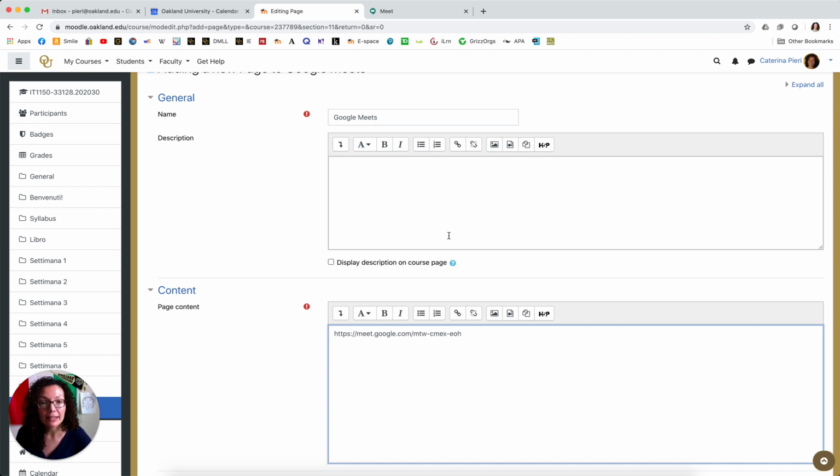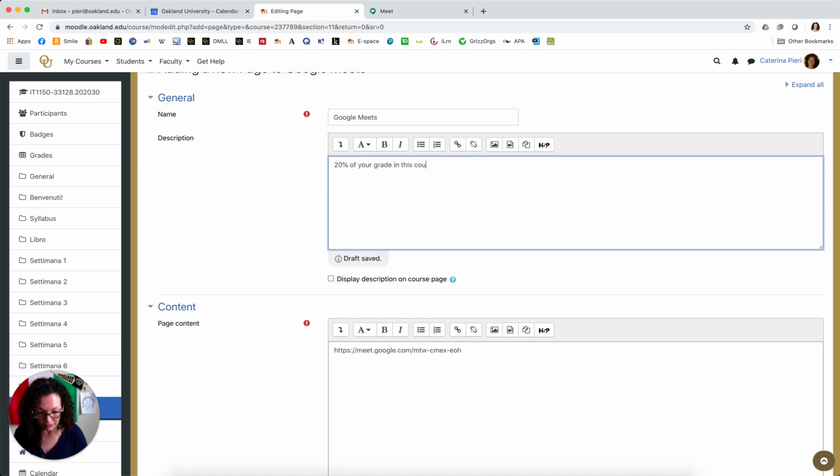Okay, if you want, you can add a description. It could be something similar to what we were writing in the announcement before. Of course, you can use this as a way to stress the importance of meetings and participation in your class. For instance, here you can, in the description, you can say, I don't know, 20% of your grade in this course is participation.